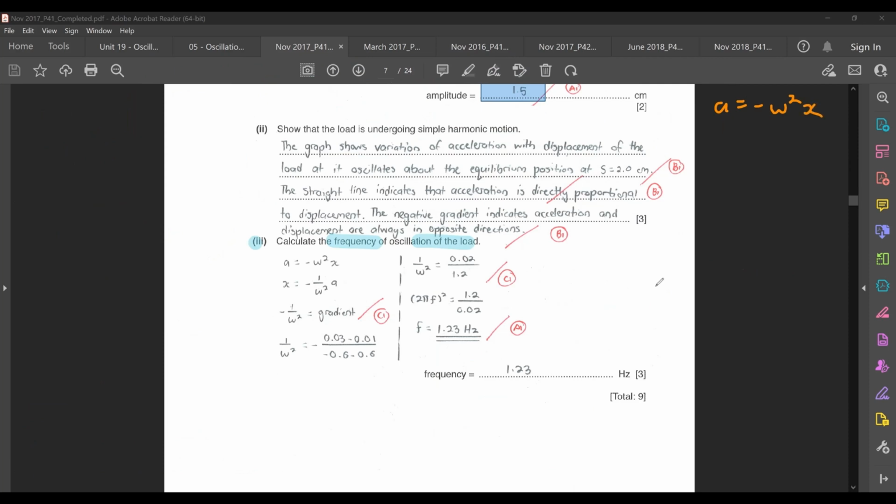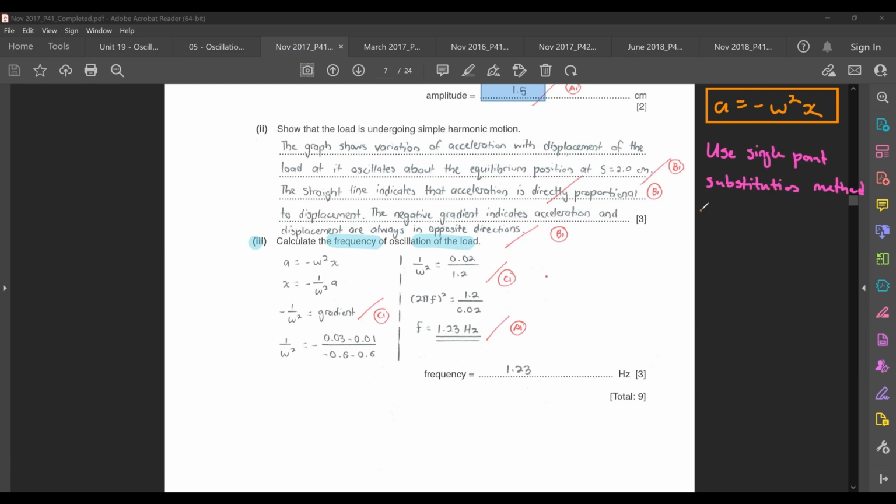A is equals to negative omega square x. So if you know that this equation is the one that always defines simple harmonic motion, to do this question here, when you want to find out the frequency, you can use something called single point substitution. Use single point substitution method,